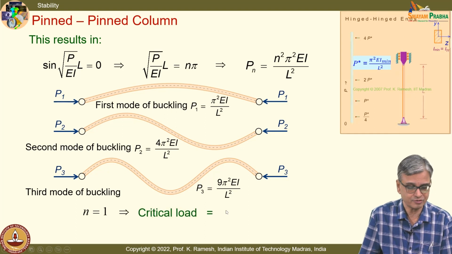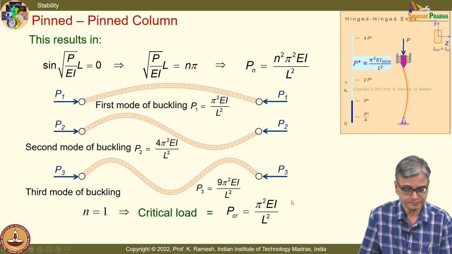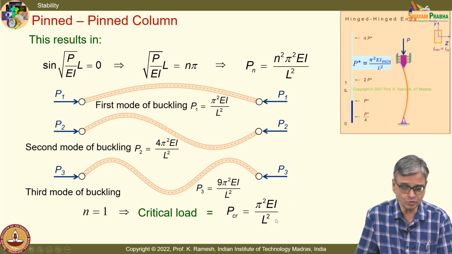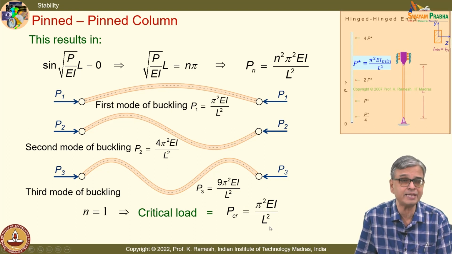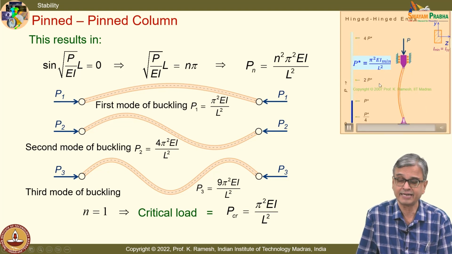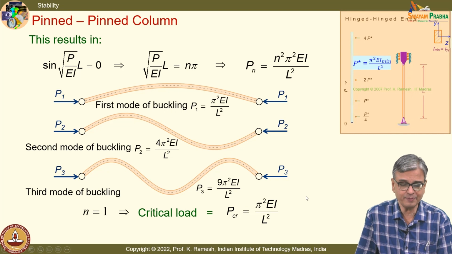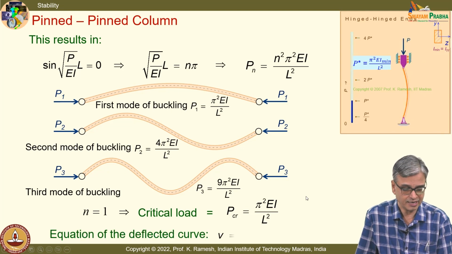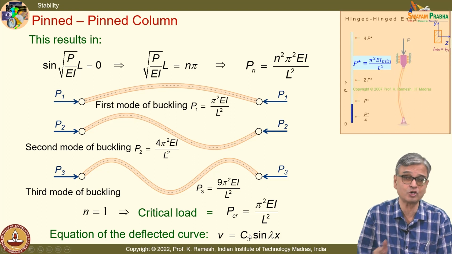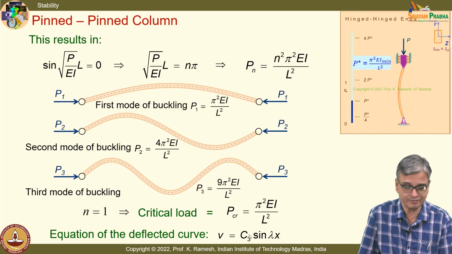My TAs have done a very good experiment. I will show you that also. And you have the P critical as pi squared EI by L squared. I would urge you to write this as pi squared EI minimum by L squared. That is what I have shown in my animations here. Now, let me look at this deflection curve as C3 sin lambda x. You are not in a position to find out what is the magnitude of C3, because you have linearized the moment curvature relation,